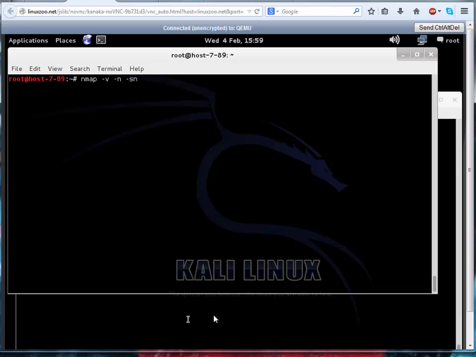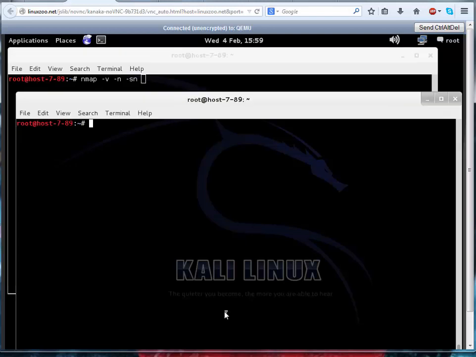So -sn means it's not going to do port scanning, it's just going to do host sweeping. So it's basically just host discovery, checking if the host is up, or pinging the host with some packets. So if we pull up our tcpdump for this,